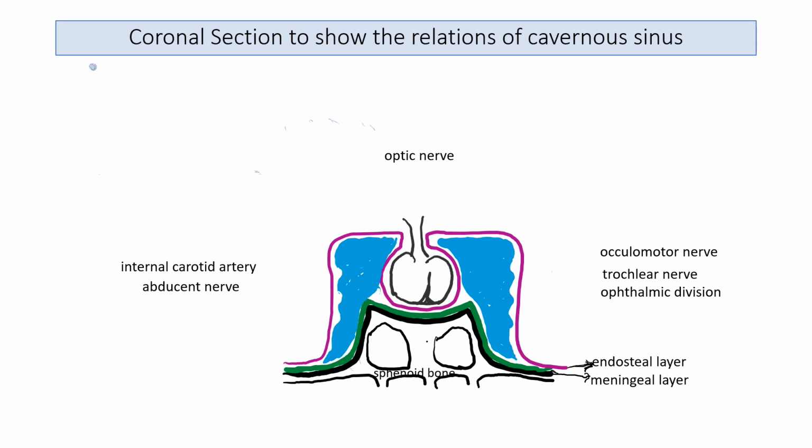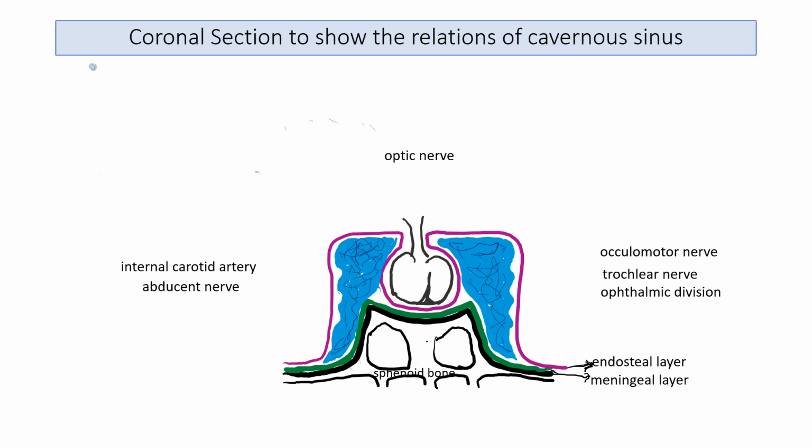Now this space is called the venous sinus. Here it is called the cavernous sinus, which means it is like a sponge, like there is a meshwork of venous plexus present in this area. So this is called the cavernous sinus. There is a lot of trabecular plexus-like structure, so it is called the cavernous sinus. It is actually a plexus of veins present in this area.